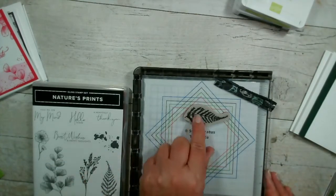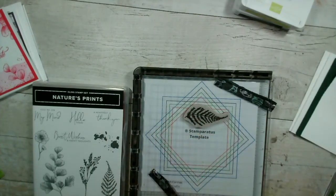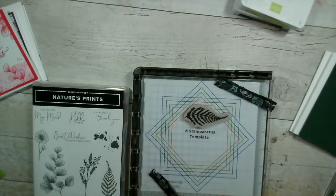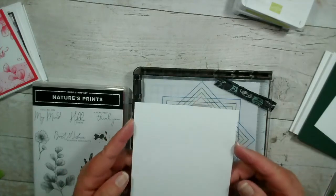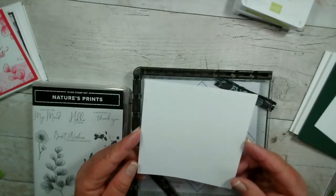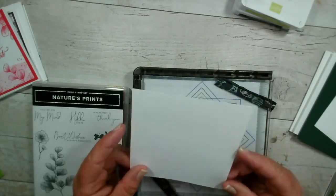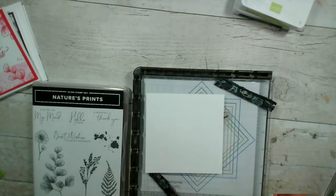So we're going to use this fern to create a wreath, and this I think would make a great Christmas card because it's a fern, so you could use that. So I'm just using a piece of our thin basic white card. I've actually cut this at 4.5 inches, which is quite useful for me. Normally I measure in centimetres,